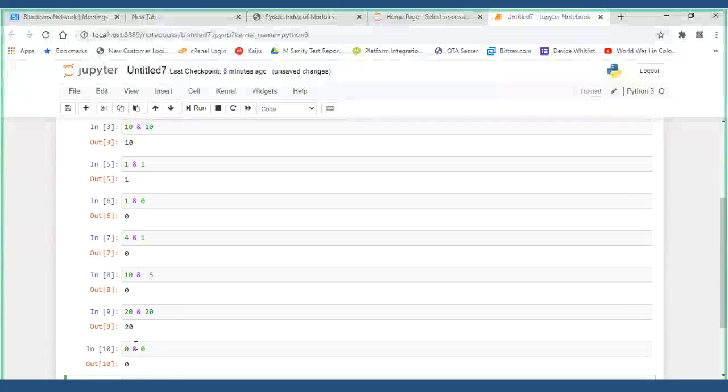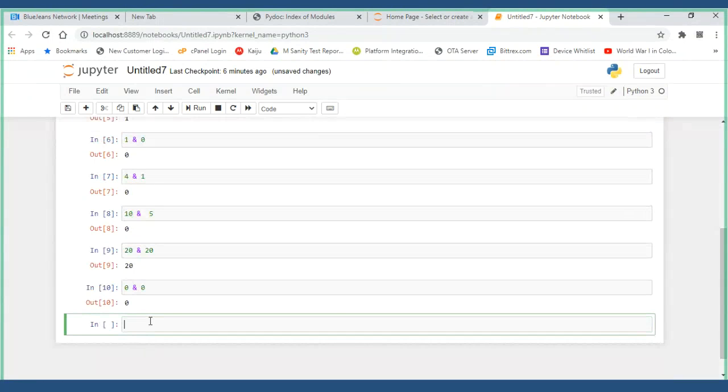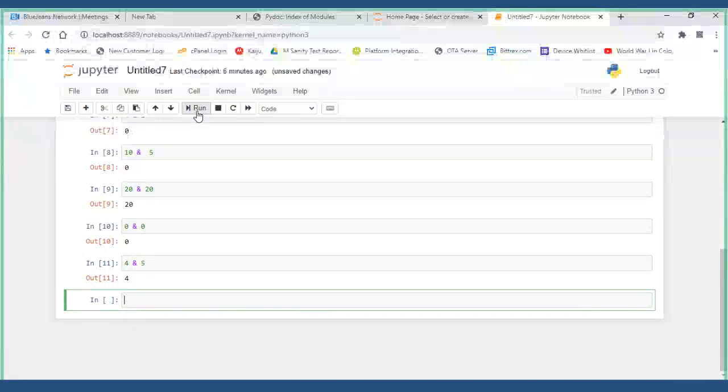Now, I want to know, 4 is there and 5 is there. What should it return? You tell me this. What should it return? Zero. 4 it has returned. Why is it? Which condition went 0? Just check that.